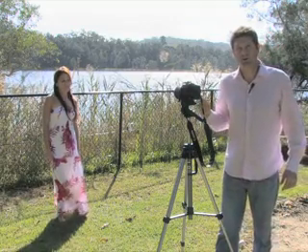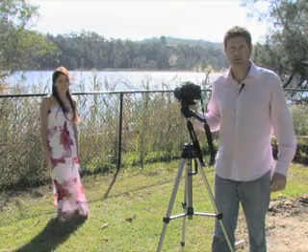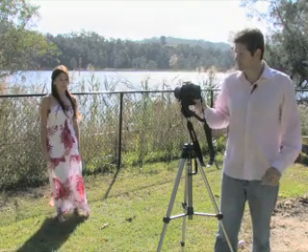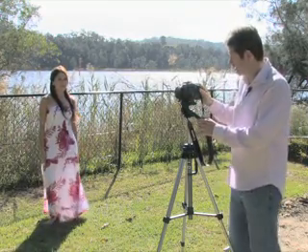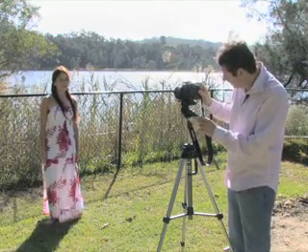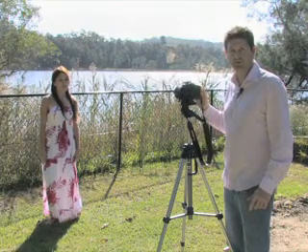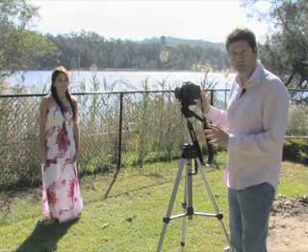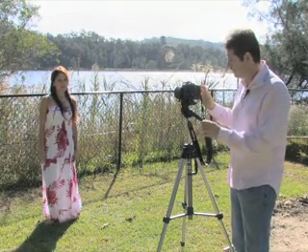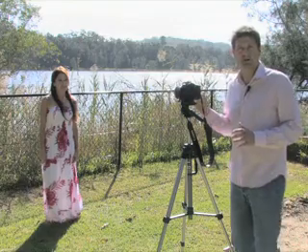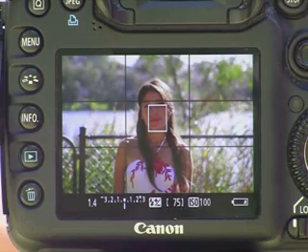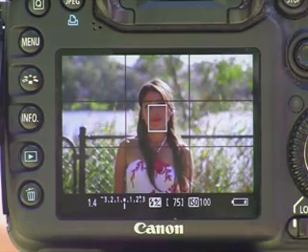Getting the right exposure is up to you and what you want to be doing with your exposures creatively. Here I'm going to be shooting a couple of different exposures using a wide aperture and a small aperture. When you use a wide aperture and you have it completely open, your depth of field is almost razor thin. Just behind her starts to blur out. So we'll take a shot here